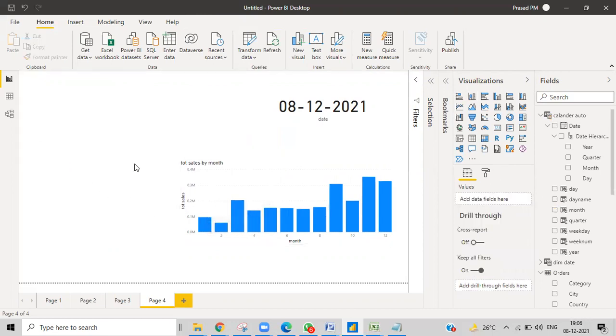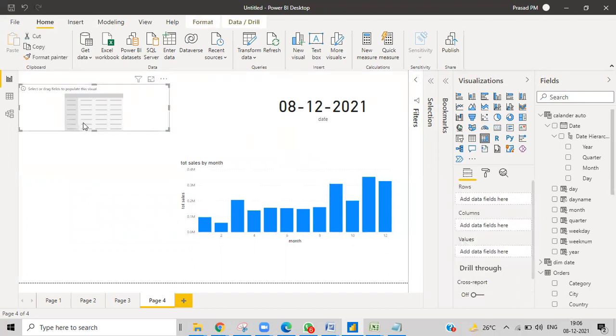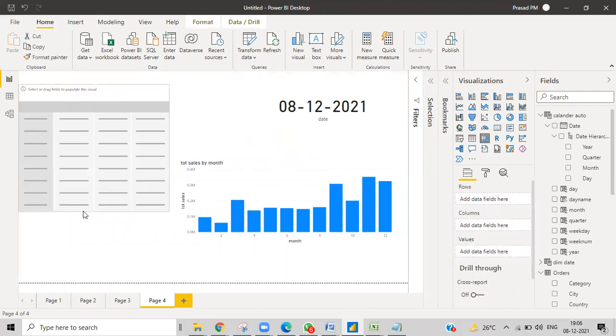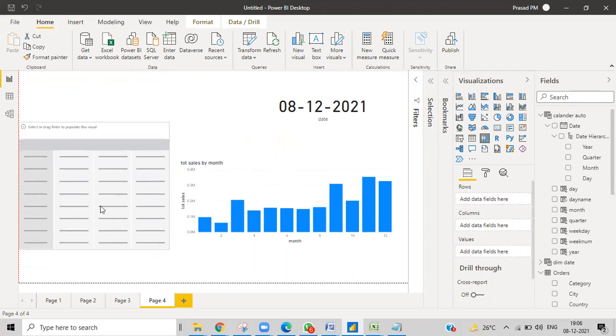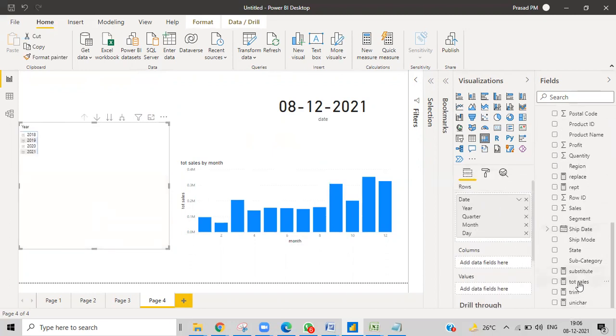I'll just show you in metrics also. Then you can feel how these visuals look. While they go, if you can practice this, that will be more interesting for you. Okay, so what I'll do, I'll just take this hierarchy over here, and then again I'll just take the sales.